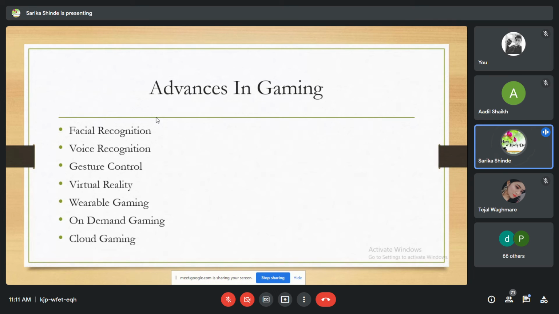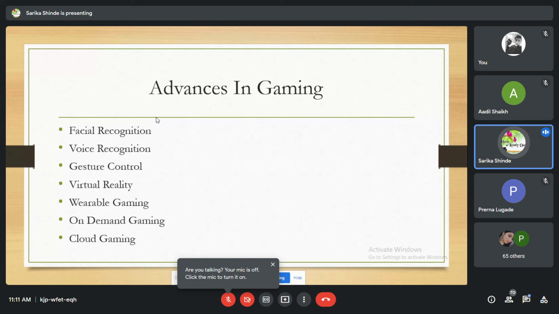Now, next is cloud gaming. Instead of creating a video game system that requires more powerful hardware, developers are looking to lighten the load with the cloud. Games no longer need to be limited by the amount of memory that consoles have to offer. Using the cloud opens games up to massive server size limits, where the images are streamed to your screen through the internet. These are the advances of gaming.